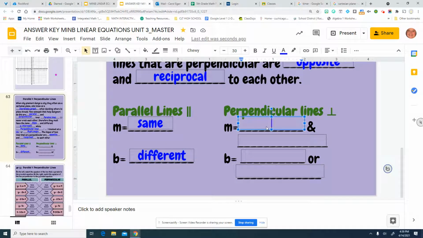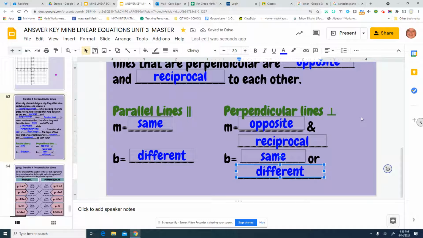So for perpendicular lines, our slope is opposite and reciprocal. Must be both in order to be perpendicular. And the B can be same or different. So the reason that is